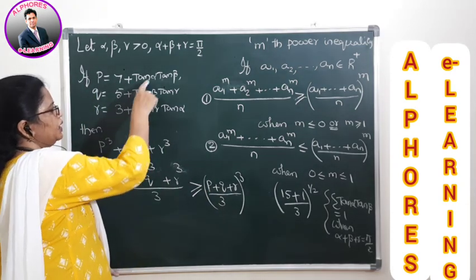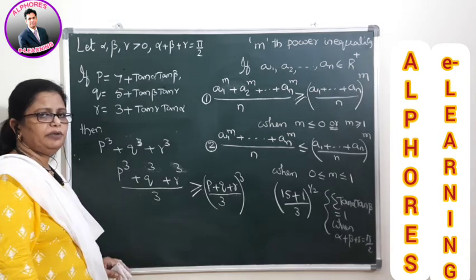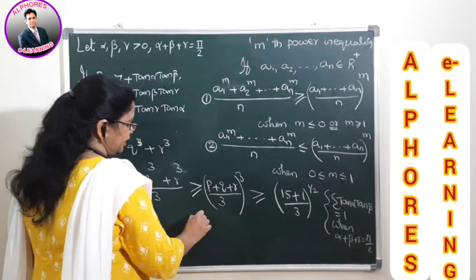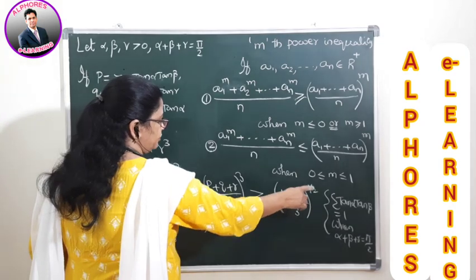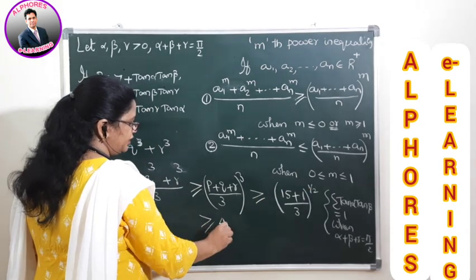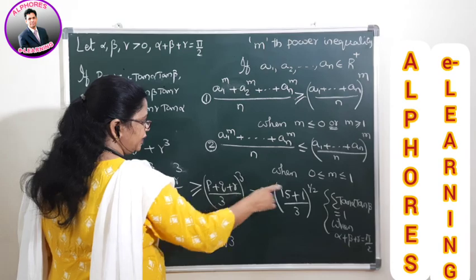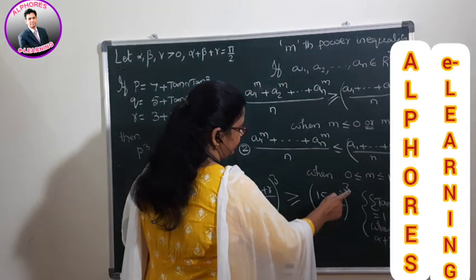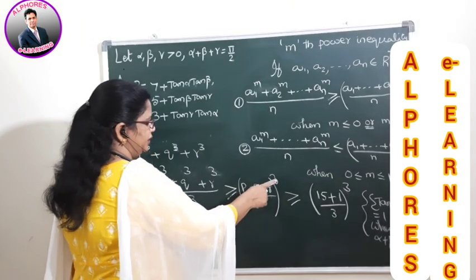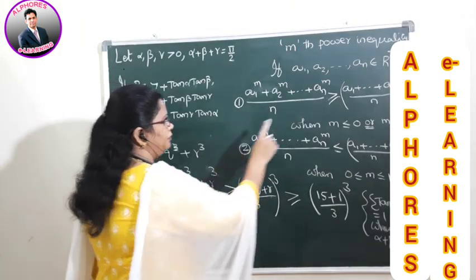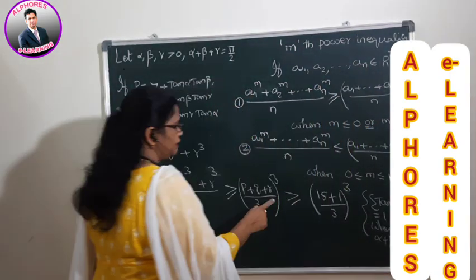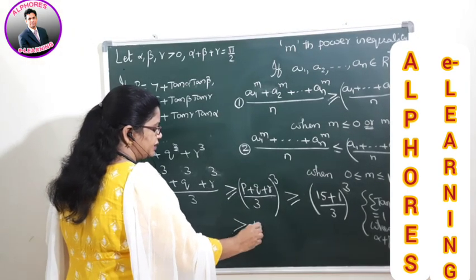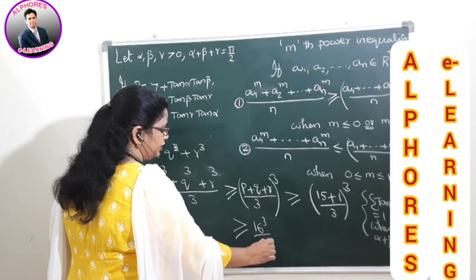We have added all these, and according to the formula it is 1. Therefore, the answer is, how much can you get? It is greater than or equal to 4 to the power of, that means 4 divided by root 3. Okay, but what is the value we are having? So we got here (15 plus 1 by 3) whole cube, right? Because 3 is here, we have taken this m value as it is. Therefore, you got this one. Implies finally, students, how much did you get? 16 cube divided by 3 cube.